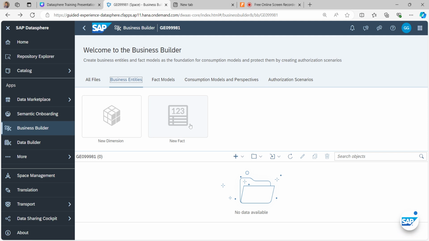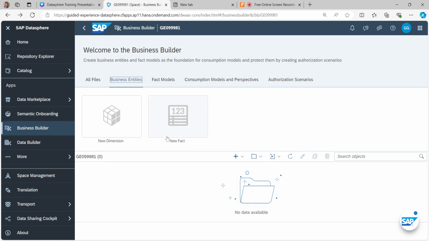To create a fact, we need at least one measure. Dimensions are master data. So whenever you wish to create master data, you can go for the new dimension. Or whenever you want to fetch transactional data from the data builder, you can go with this new fact.